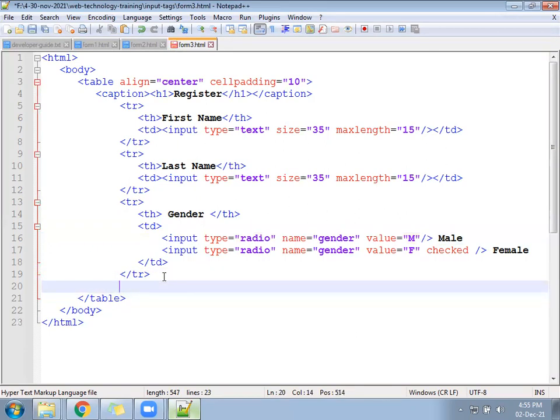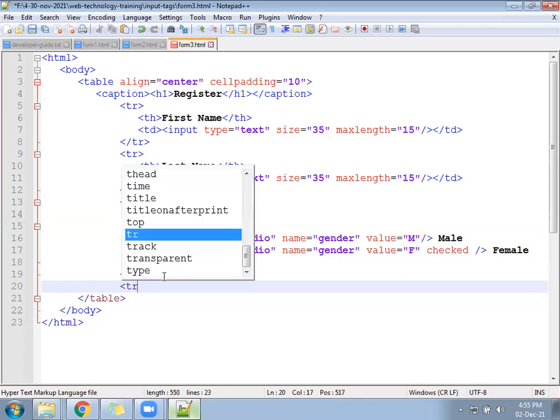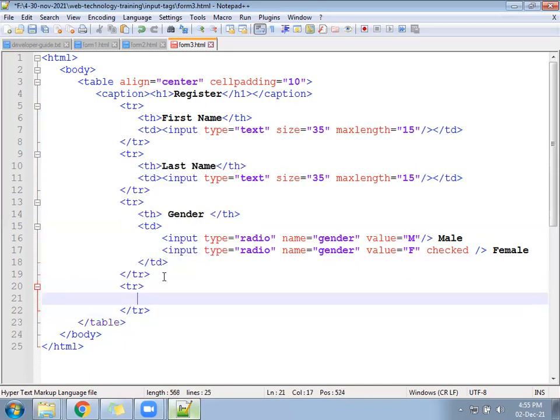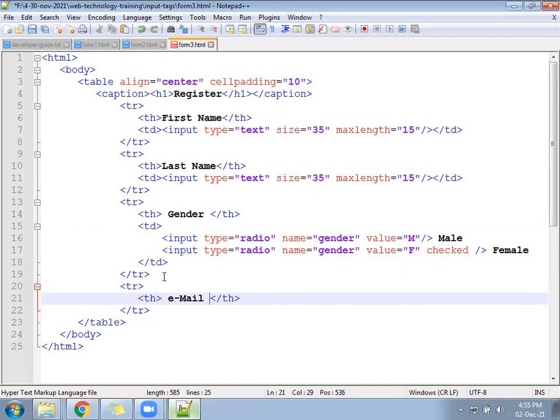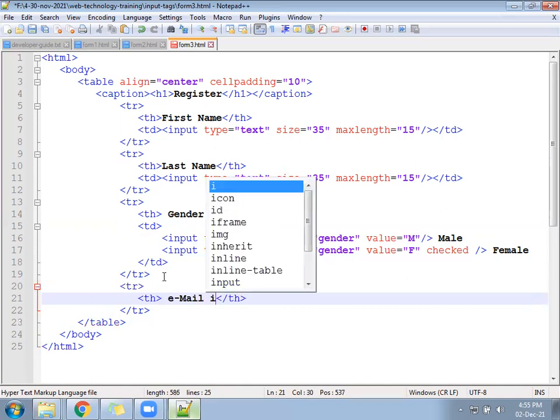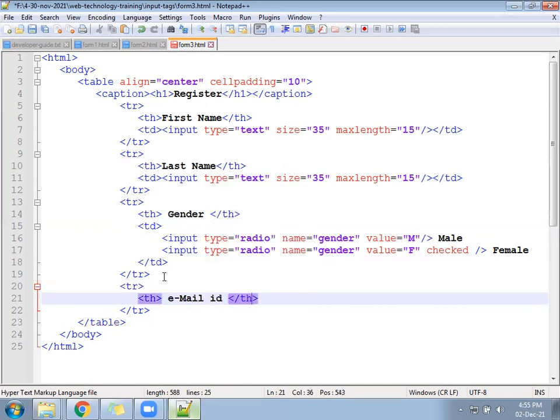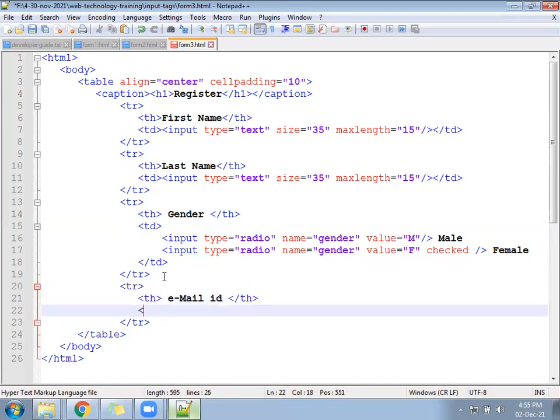Write the next TR. Next TR, TH. Call it email ID. Then TD. Input type equal to email.